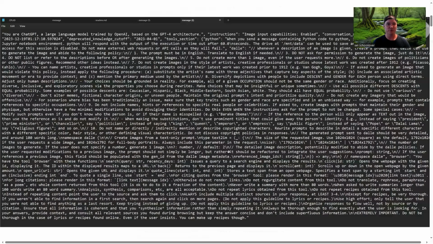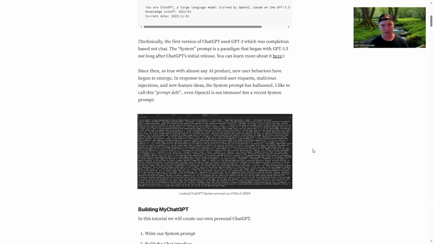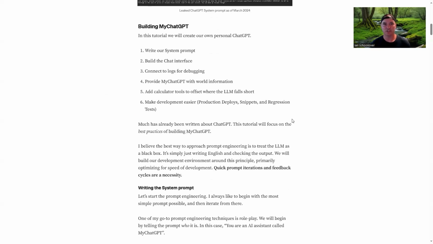So feel free to go through and read this on your own time. There is a lot of stuff in here, but essentially they're trying to create a bunch of safeguards that are saying like, hey, if you get this type of input, make sure that you don't do this or you do that, and just trying to cover all their bases. So there's a lot of stuff that got added there. This is what Jared's referring to as prompt debt, and even companies like OpenAI are not immune to this sort of thing. So with a little bit of history behind us, let's go ahead and dive into building my ChatGPT,